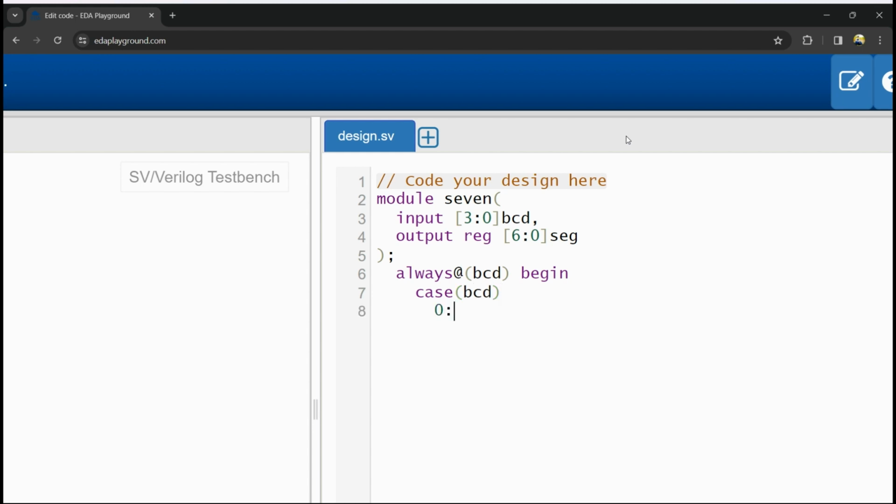So if input is 0, then what will be the output? We have 7 segments, right? So all the 6 segments will be 0, and the last one is a 1. Okay. Now for 1,